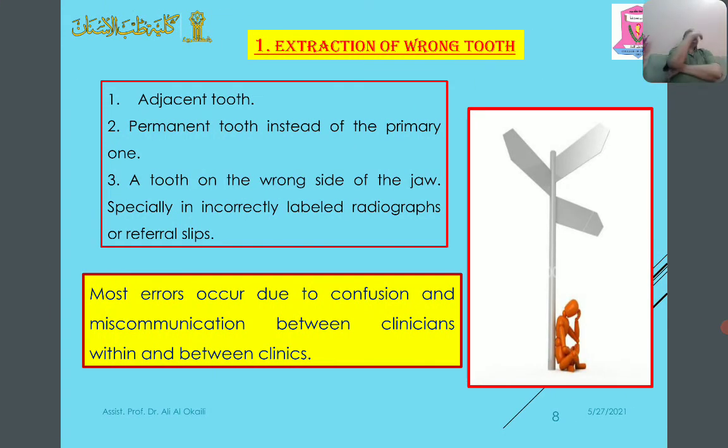نبدي with the first one اللي هو extraction of the wrong tooth. Usually نقلع adjacent tooth يعني in a wrong way. Permanent tooth in a state of primary or deciduous tooth. A tooth on the wrong side of the jaw, especially in incorrectly labeled radiographs or referral slips. بالذات من تاخذ أشعة وأنت تتوهم بها الأشعة عبالك هاي مال left لو مال right وتقلع السن الخطأ. السبب الرئيسي في قلع السن الخطأ هو